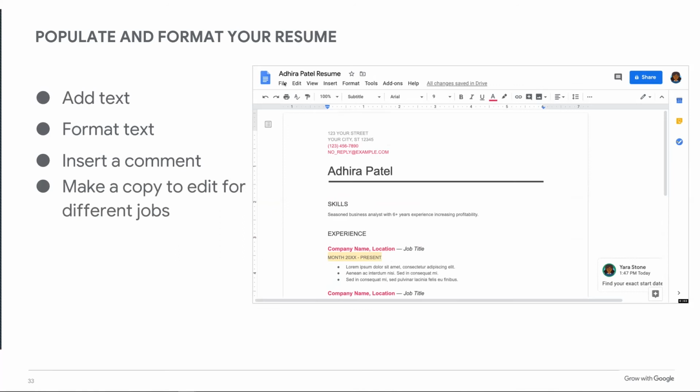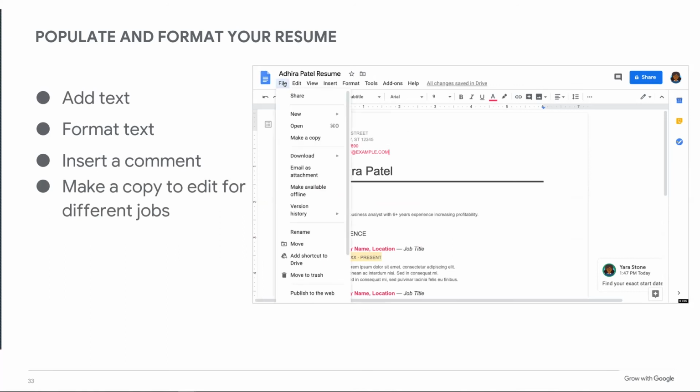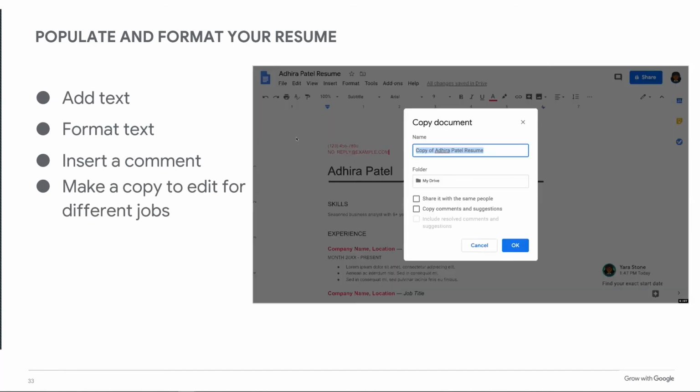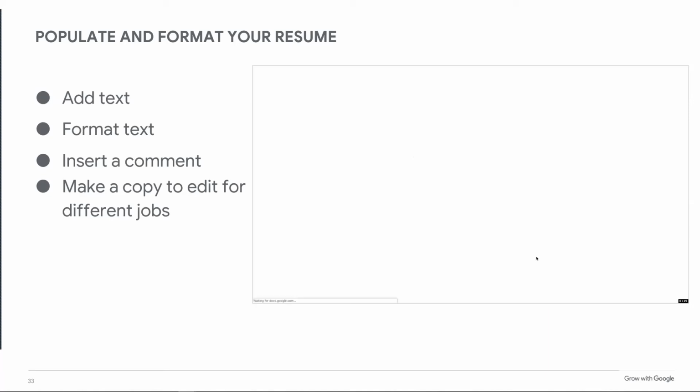Okay, so making copies and editing for different jobs. If you have a standard resume that has your basic information that you're looking for, and you're going to use that over and over again, and just make adjustments for your job, like we talked about earlier. If you have a customer service job and say you have 5 of them and they're pretty much the same, you just need to make small little tweaks, then this is what you're going to do.